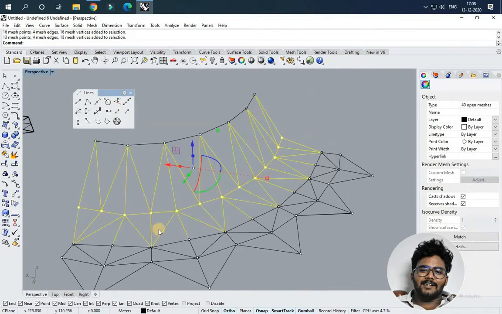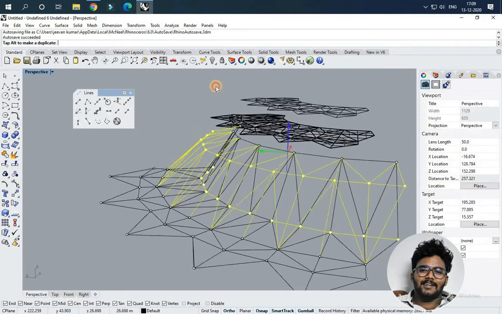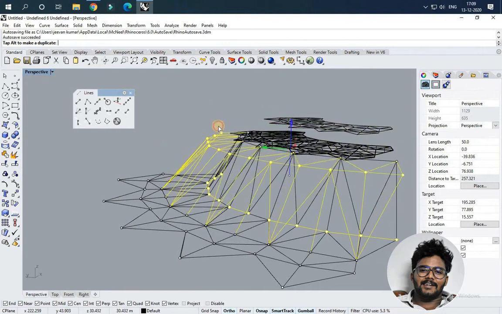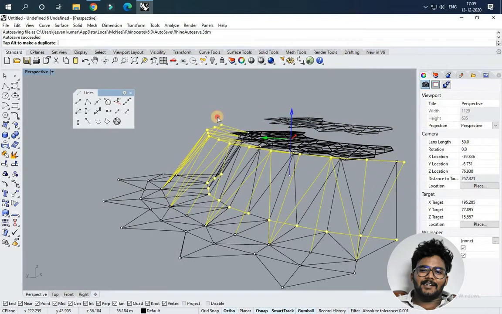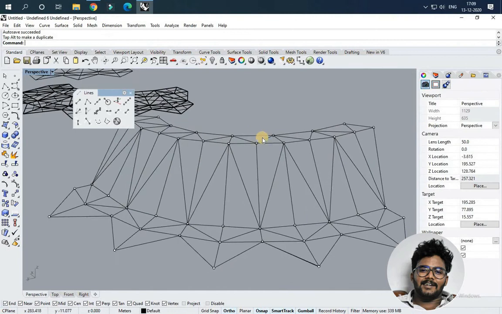So be careful with my selection, or else you can try some other selection, some other pattern. It will give you another kind of pattern also. This is just a technique, okay? If you want the model like I did, you should do this one. Also, if you want some creative things, you can do this by your own. You can vary the selection, you can try something different. It will give you a different result. So I'm just lifting up with the help of the gumball.